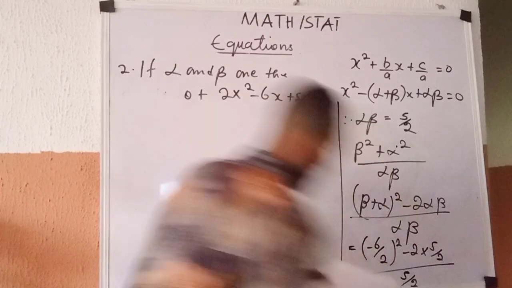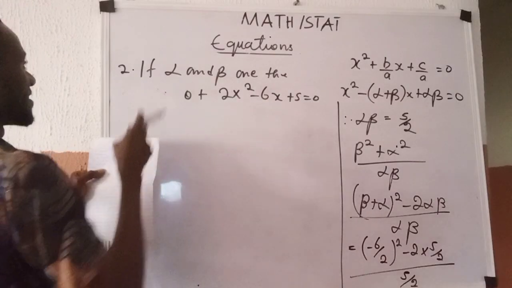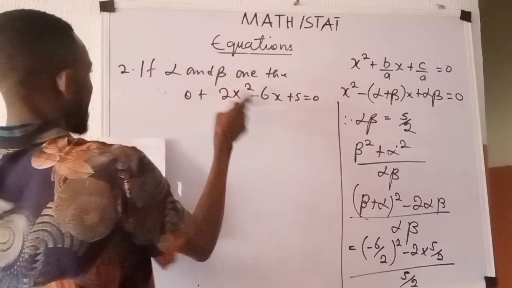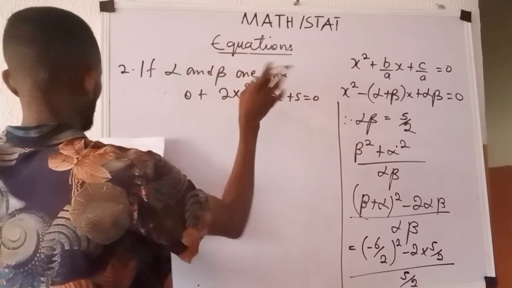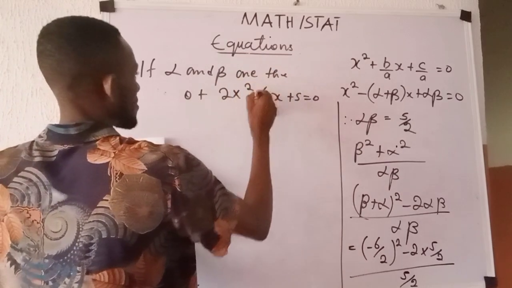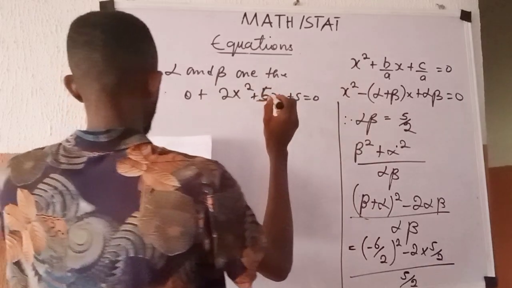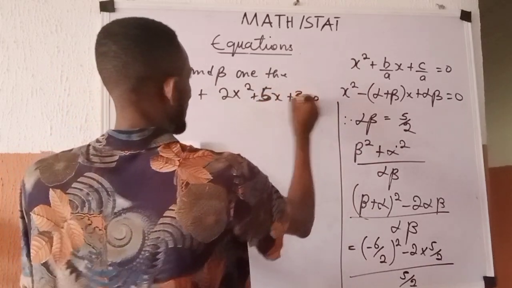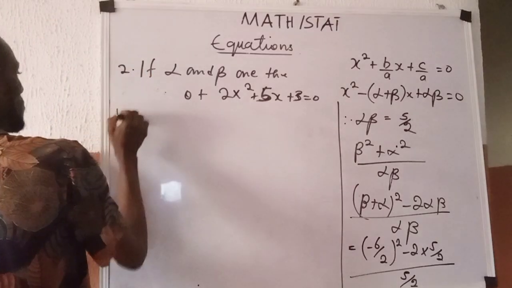So this one says, if alpha and beta are the roots of 2x raised to power 2 plus 5x plus 3 equals 0, then what is the value